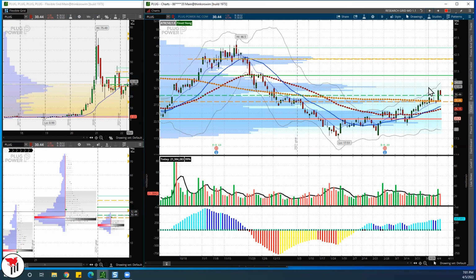For 35. The reason I call it like that is because I know there are still sellers out there. So you either get a great entry in the morning, a really low entry, or don't chase it. Based on my experience, you're better off just waiting for the real break to happen, probably the day after tomorrow, once we go over 32.80. A lot of times I say, guys, I want this one to see a close on volume over $34.